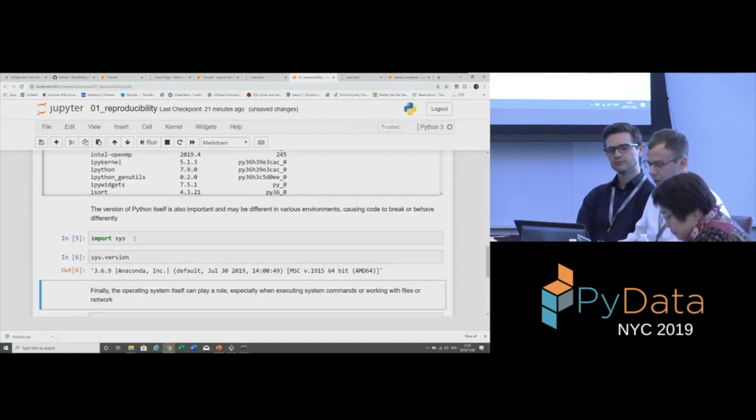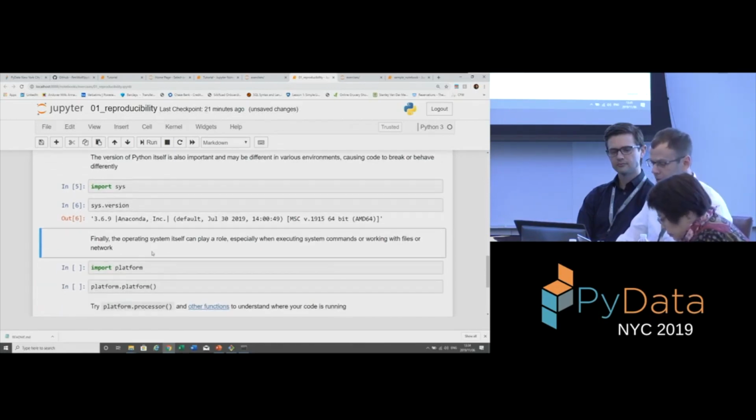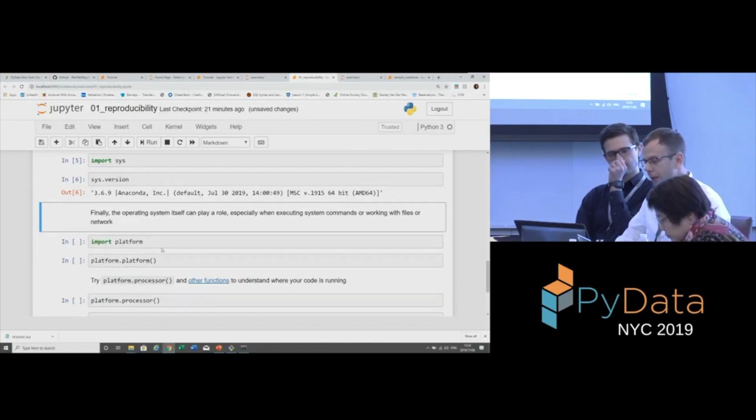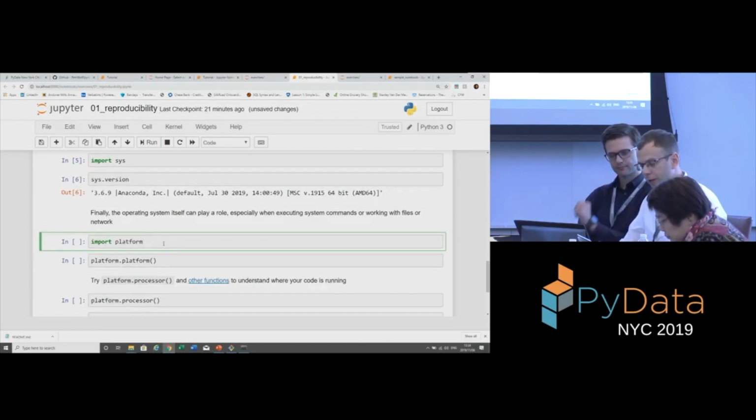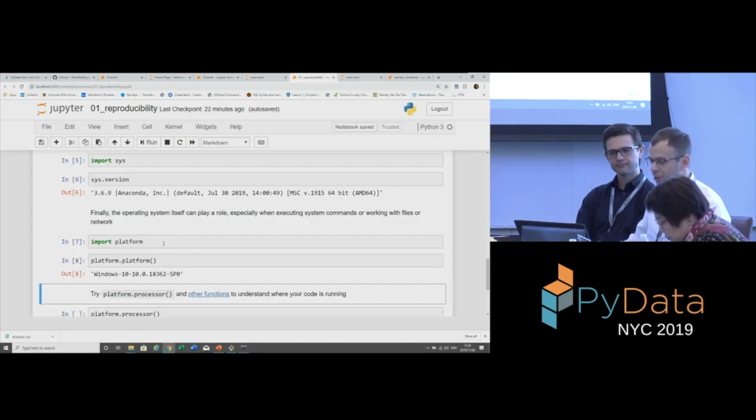If you're running in Binder, it's going to be some virtual Linux platform. There's some more useful things from the platform module, like what processor you're running, what architecture, 32-bit, 64-bit, etc. And if you're kind of losing track and thinking this does not matter, there's an article you can read that